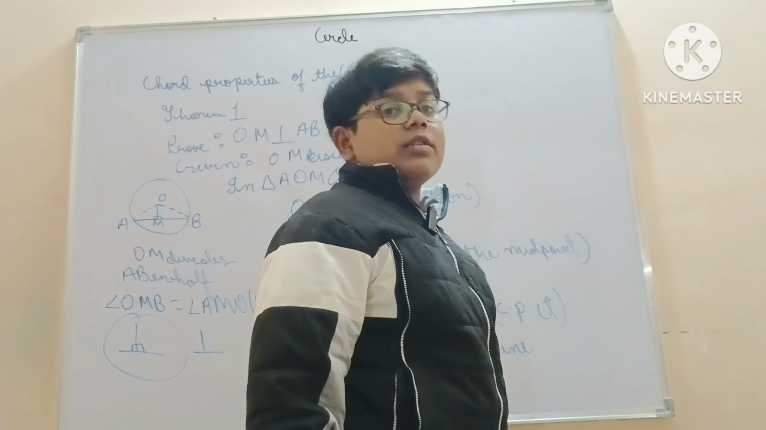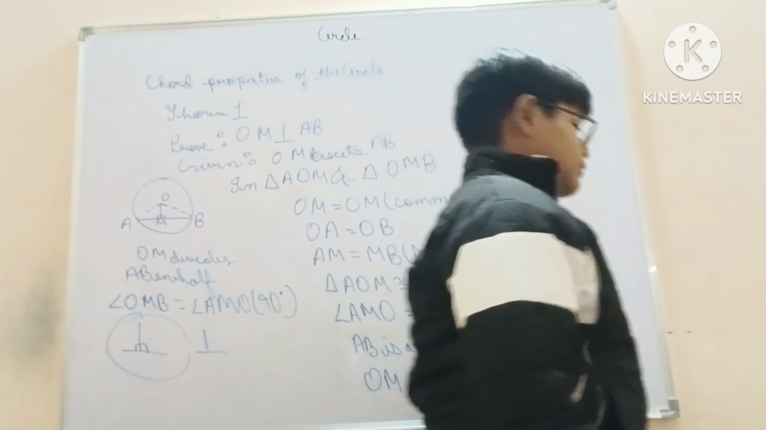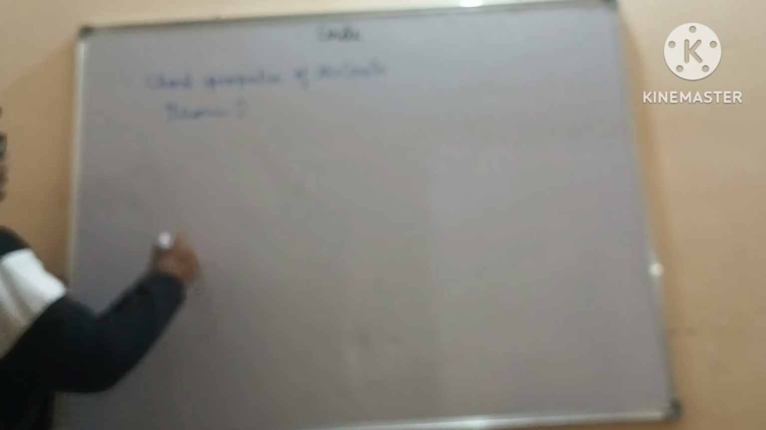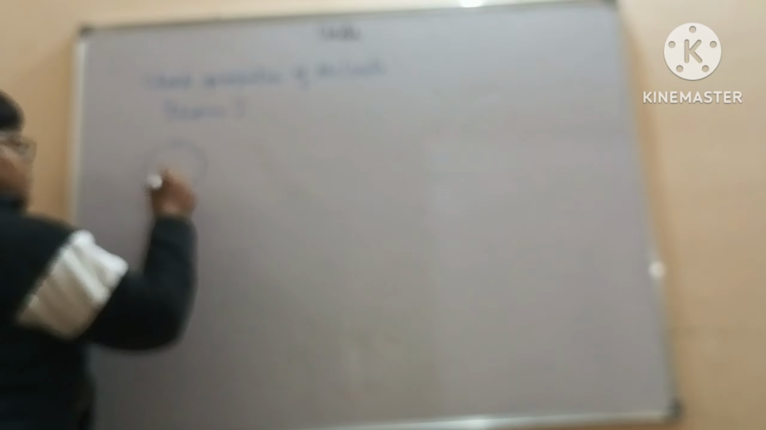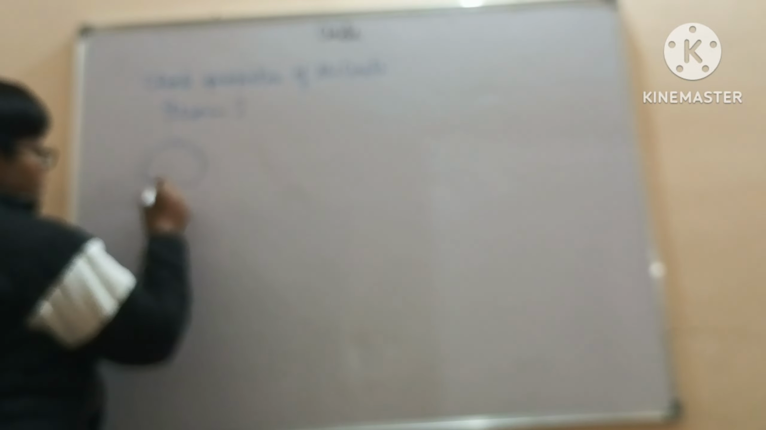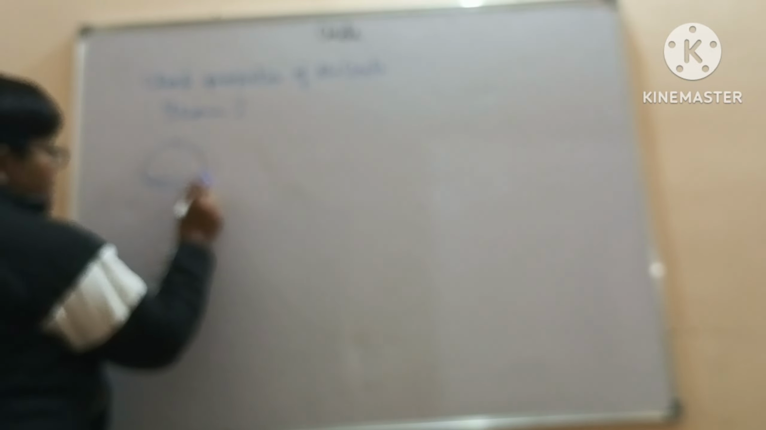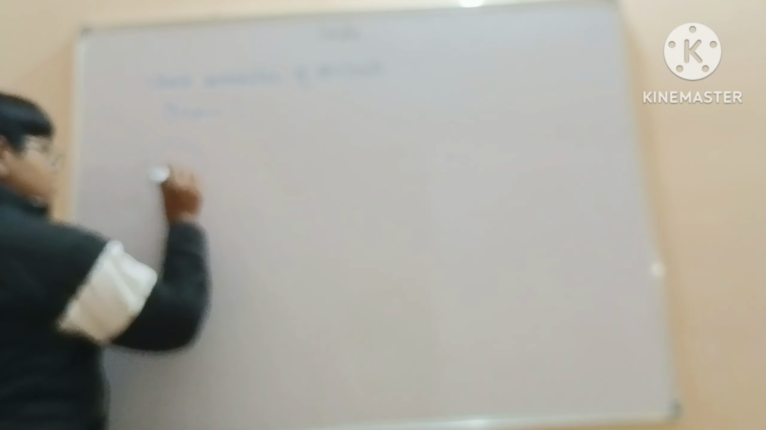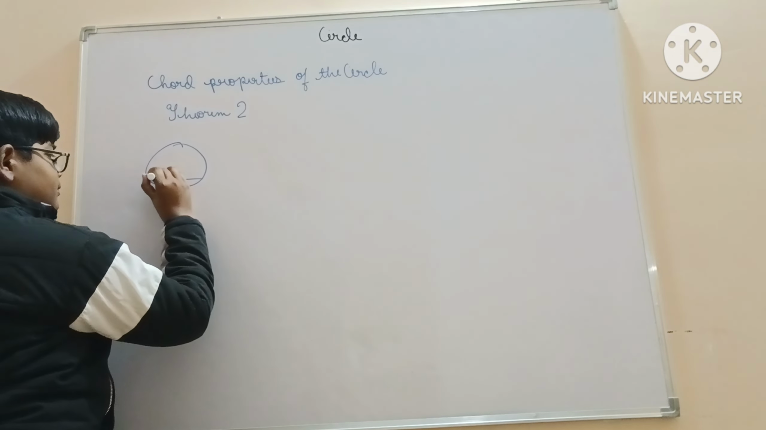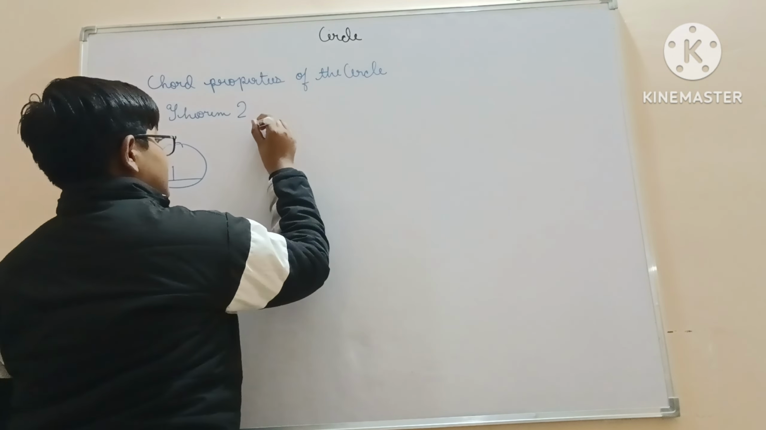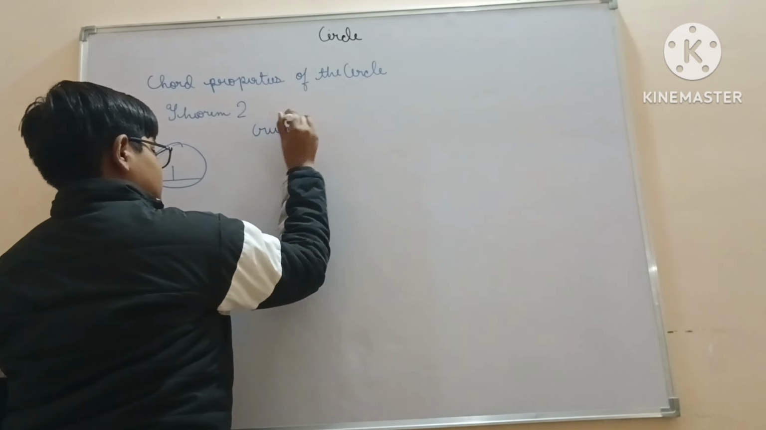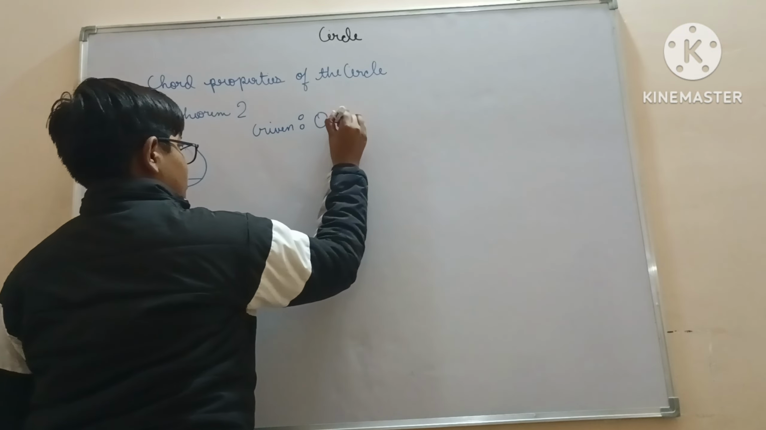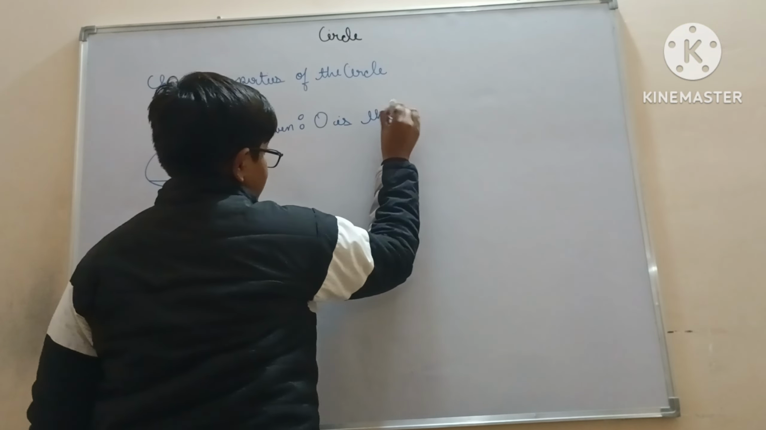Now we are moving on to the next theorem. This is theorem 2 of chord properties of the circle. Now we will make a circle. This is the center of the circle, and this is a chord lying on the circle. Now it is given to us that O is the center of the circle,